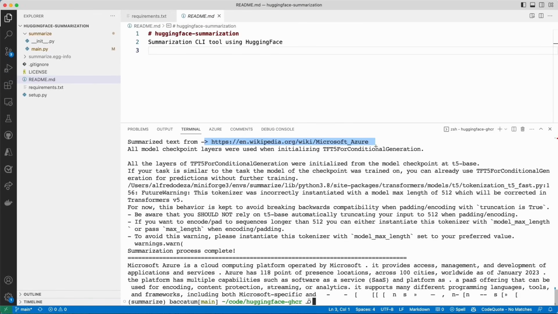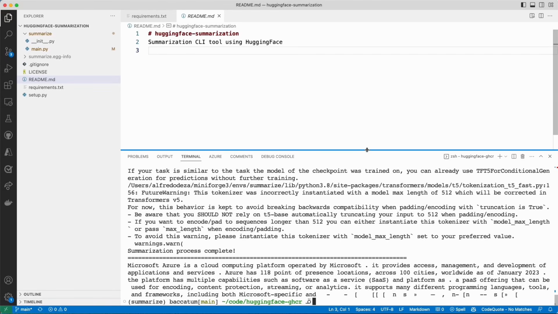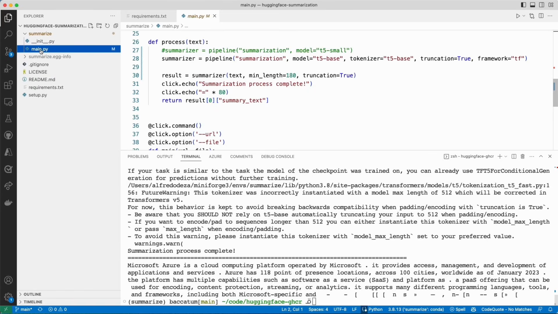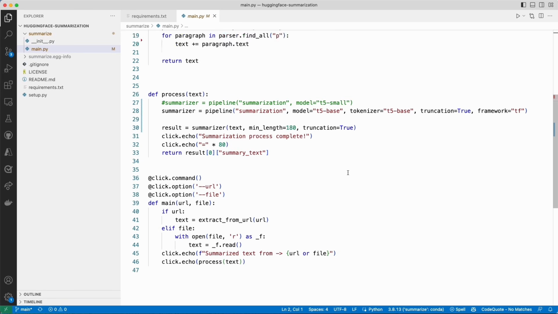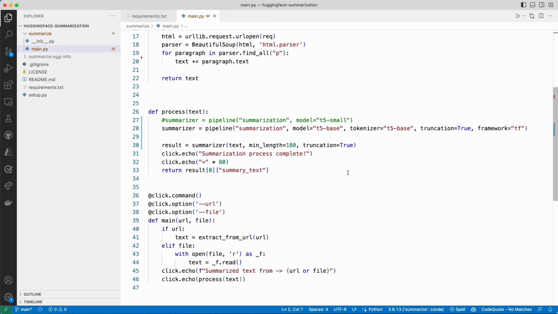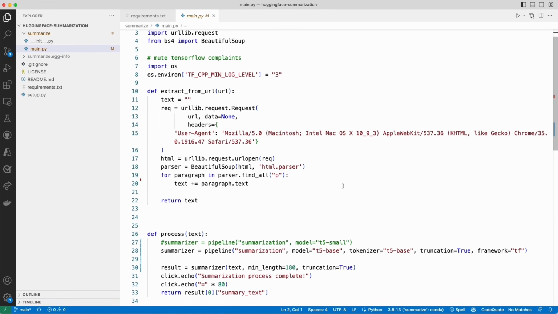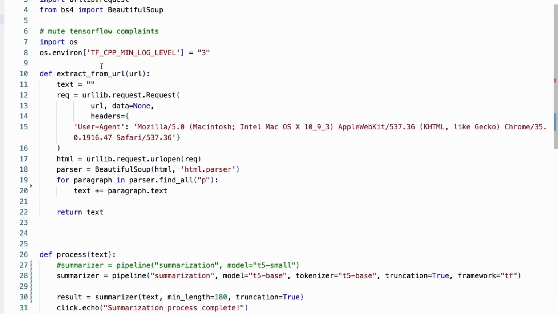That's the functionality. And what we're going to be looking at today is trying to convert this command line tool defined here in main. I'm going to close the terminal now. And what we're going to do is convert this to an HTTP API using FastAPI and Uvicorn, which are two tools that I'm going to use to actually run the API and make the HTTP framework bits for it.